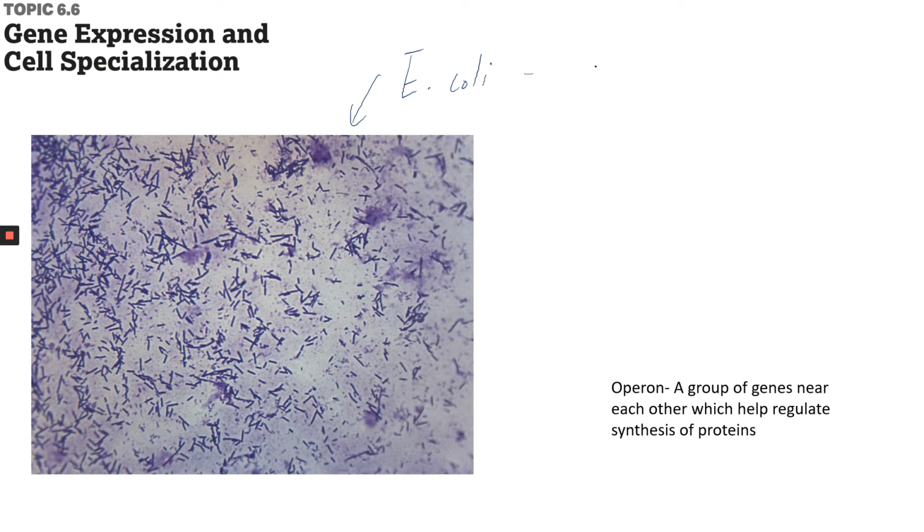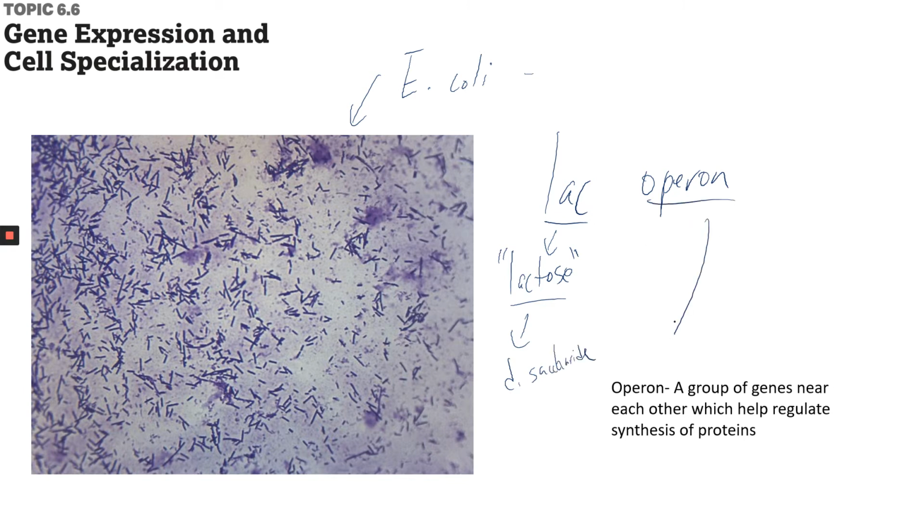So if you eat some protein, these E. coli have to break down protein. They help you break down lipids. They'll help you break down sugars, right? One of the particular things we're going to look at is something called the lac operon. Lac is short for lactose, which, as you know, is a disaccharide. And the word operon means a group of genes near each other which help to regulate the synthesis of